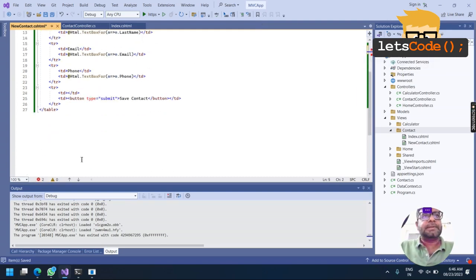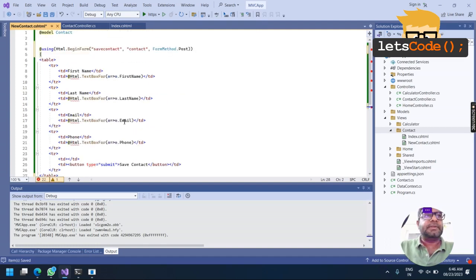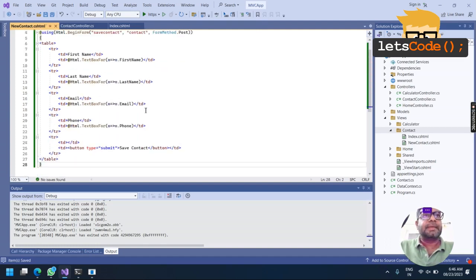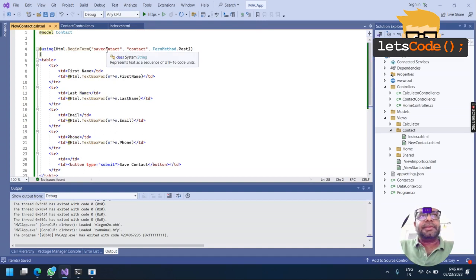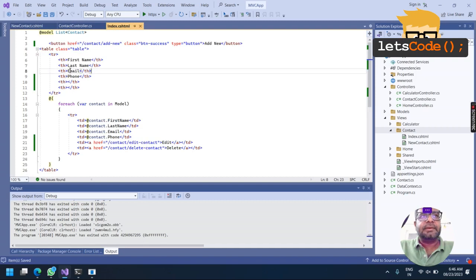We are all set for saving the data into the database. Now what all is missing here? The save contact action method is missing, and this add new is missing.